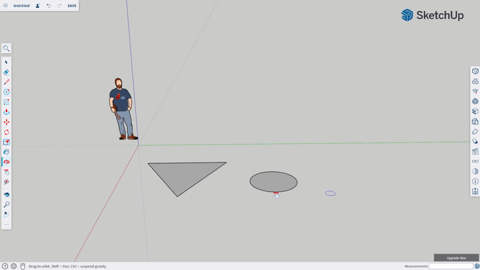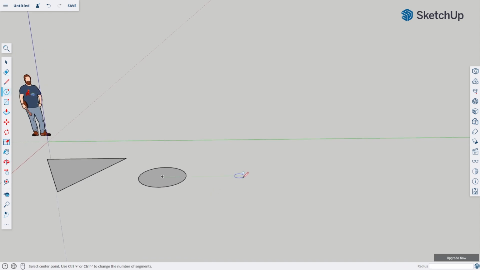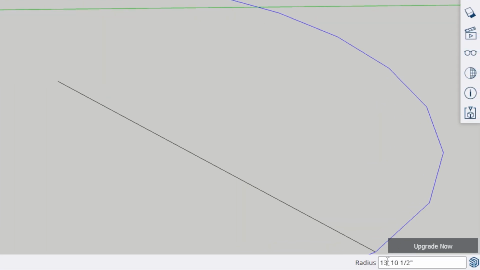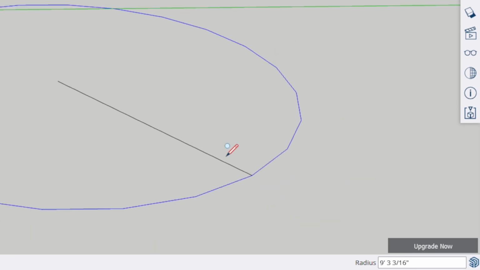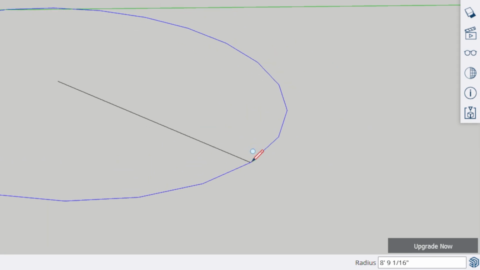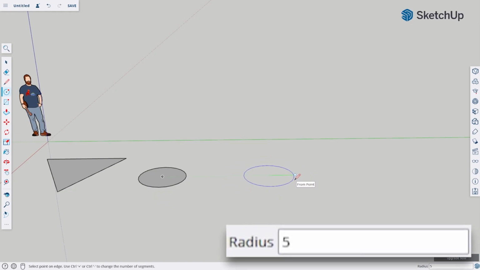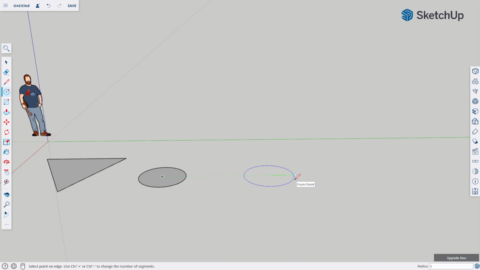You can also create a circle with a specific radius by typing on your keyboard. Let's say you want a circle with a radius of 5 units. After clicking and moving your mouse outward, you can see here at the bottom that there is a box for the radius size. As you move your mouse, the number in the box changes. Since we want a radius of 5, just press 5 on your keyboard, and now you can see that the number in the box is 5. Then, to finalize the shape, just press enter and you're done.